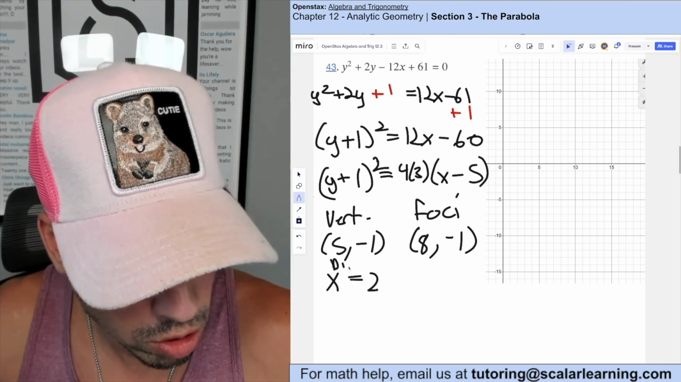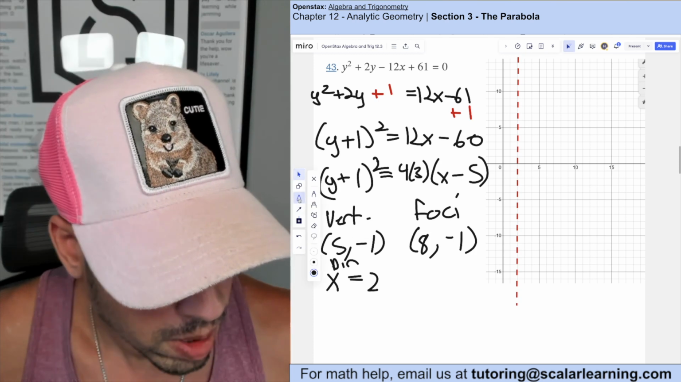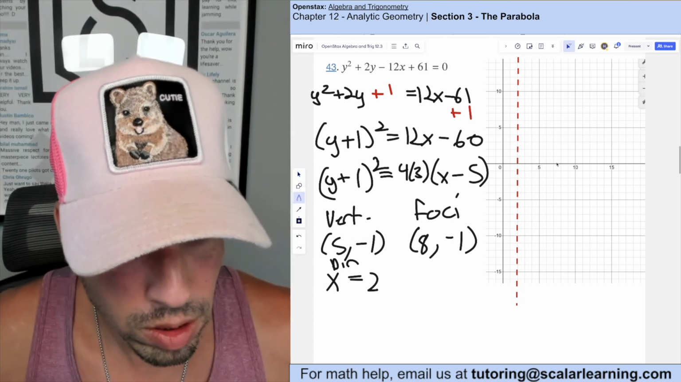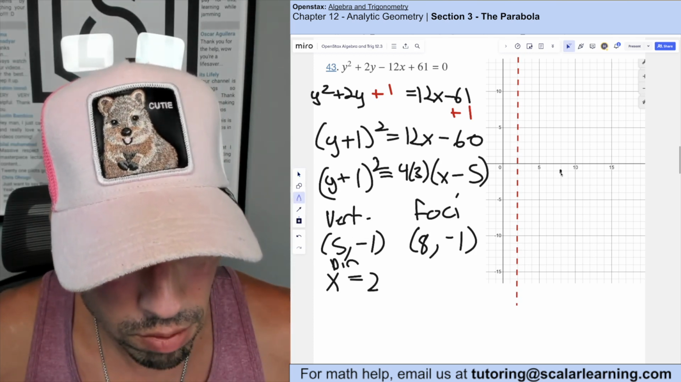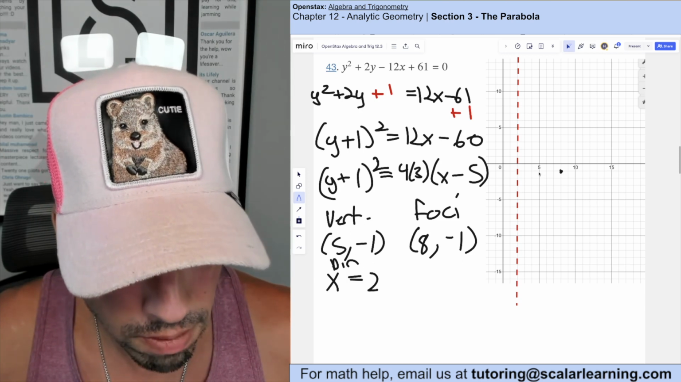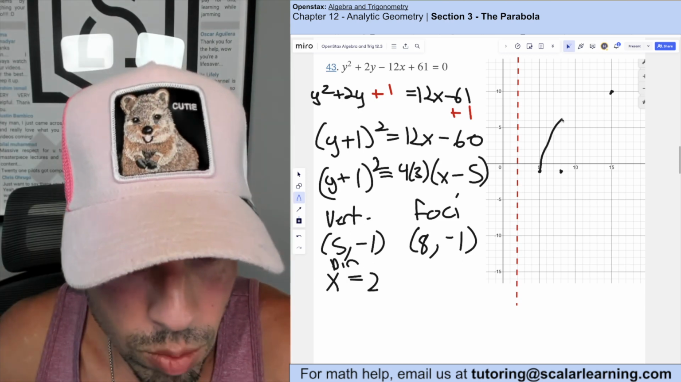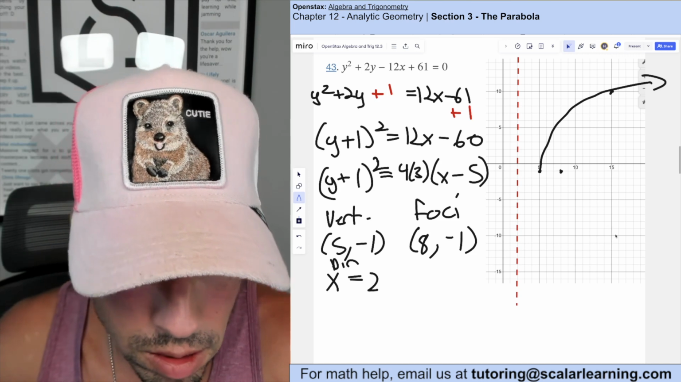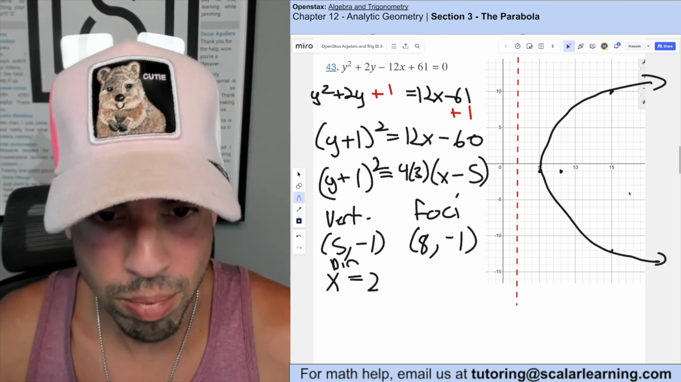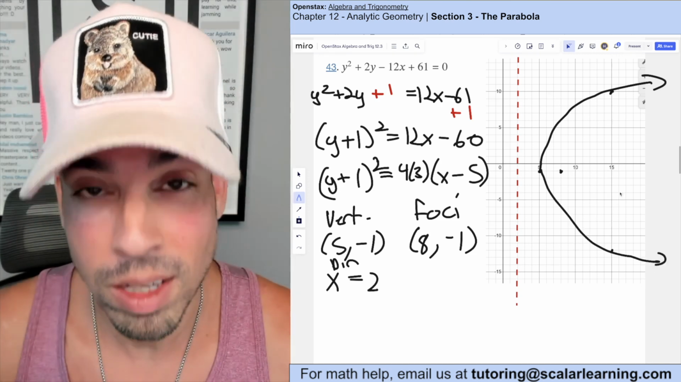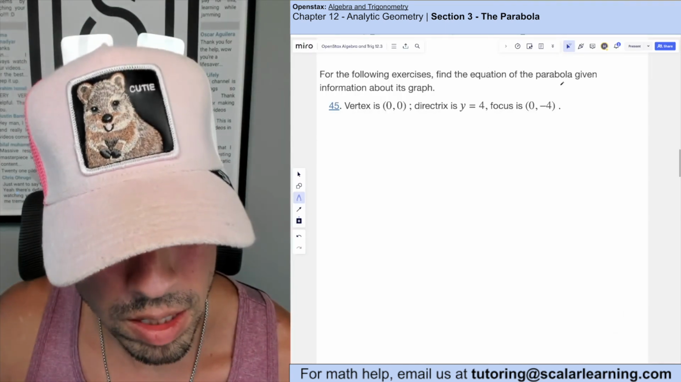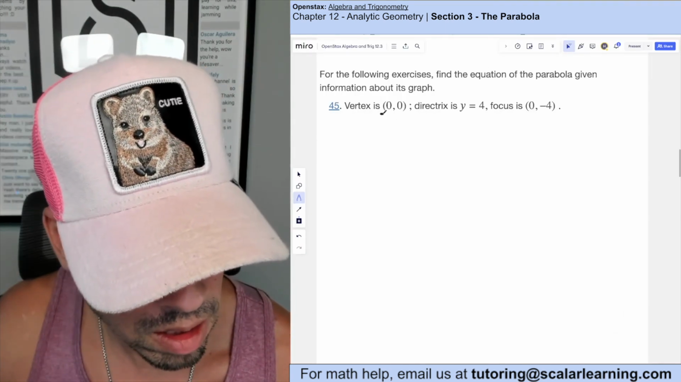There's my directrix. Let's plot this out. There's my directrix, my focus is at (8, -1), and my vertex is at (5, -1). Then we wrap around like this and like that. Again, it's an approximate graph, but that's how you do it. Done. For this one, we need to find the equation of the parabola, and it's telling us our vertex